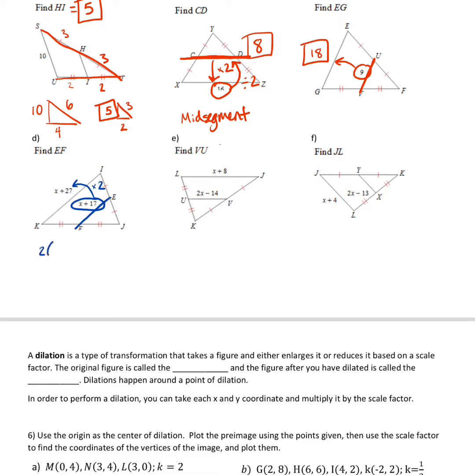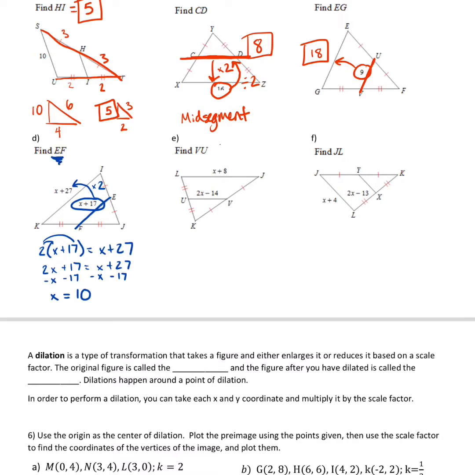So I get 2 times (x + 17) equals x + 27. Now we're just going to distribute and solve for x. Now I'm going to subtract the 17. x equals 10. To the untrained eye, you may think you are finished, but lo and behold, you are asked